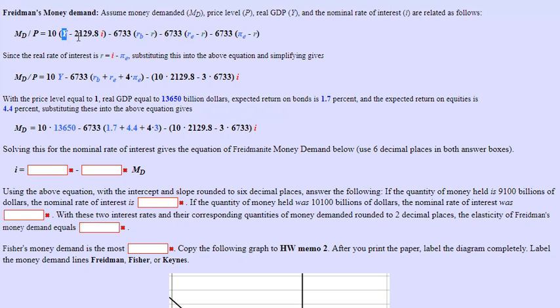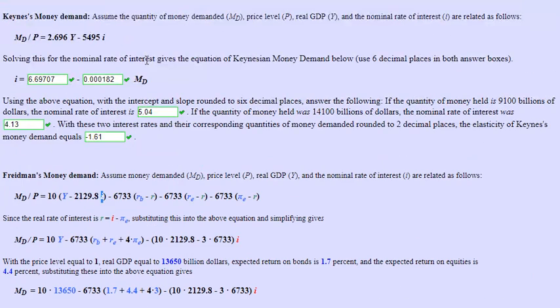And permanent income is a function of GDP. If GDP is relatively low, then permanent income will probably be relatively low. But if GDP is high, then permanent income will be high. So it's not too far of a stretch. It's how we can compare them, right? So this is really permanent income, but we'll just assume that permanent income equals real GDP. And then we have the nominal rate of interest. So that kind of looks like